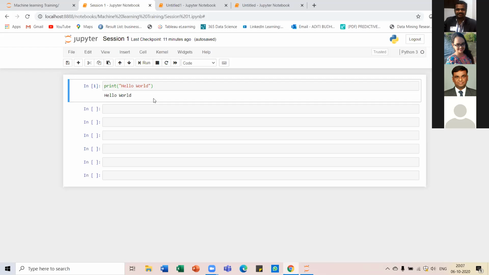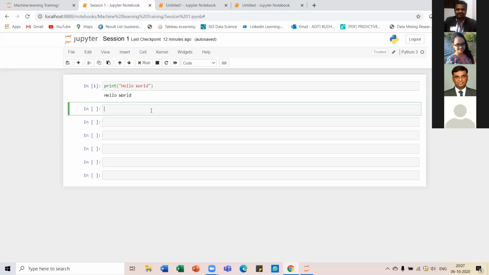Yeah. Now, I was saying that Jupyter Notebook is very popular. One of the reasons is that you can have markdowns here. What are markdowns? While writing the code, you can also write a description about that code, like what the code is doing, or what step you are performing.